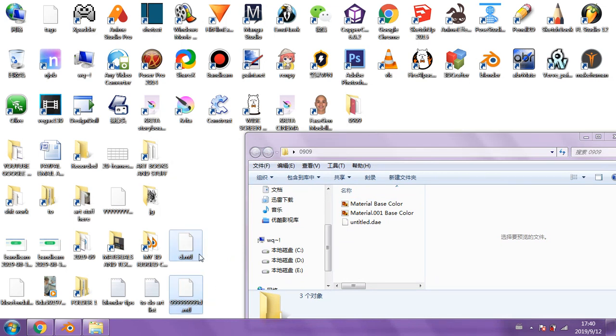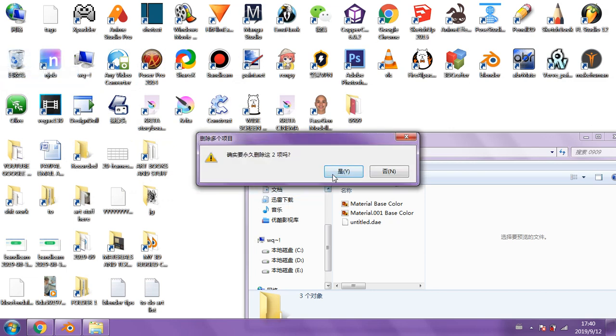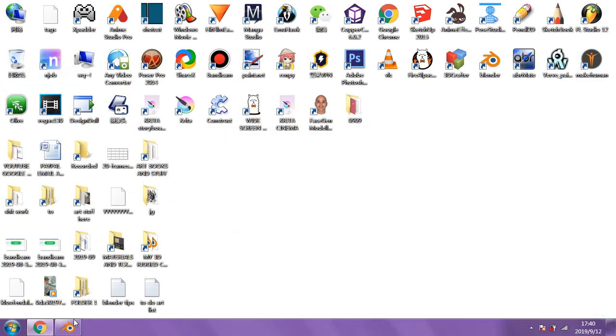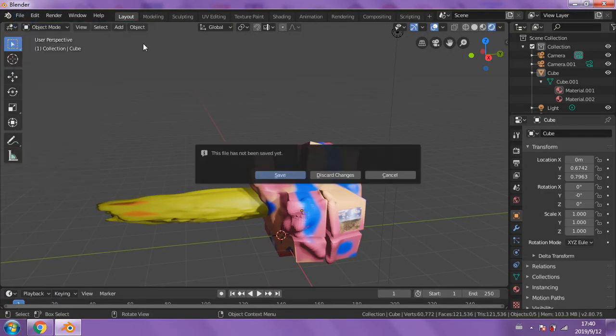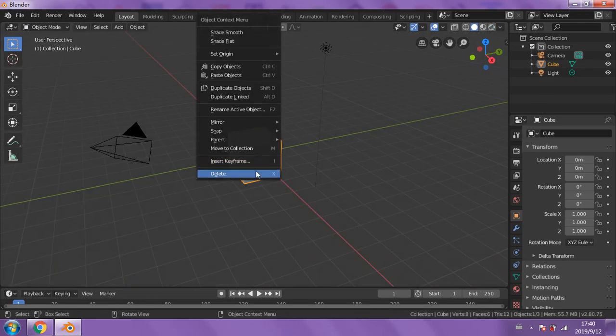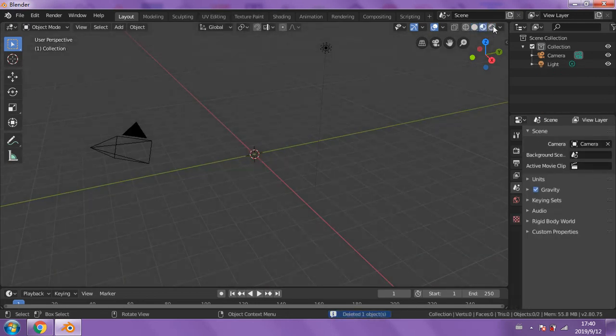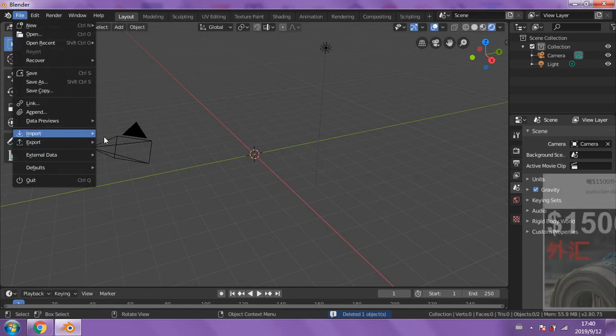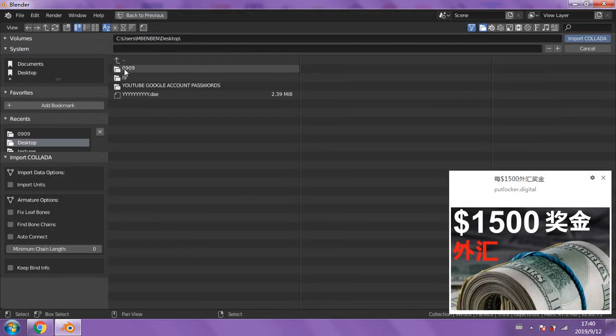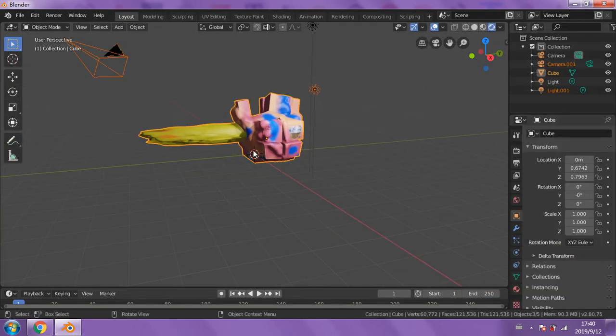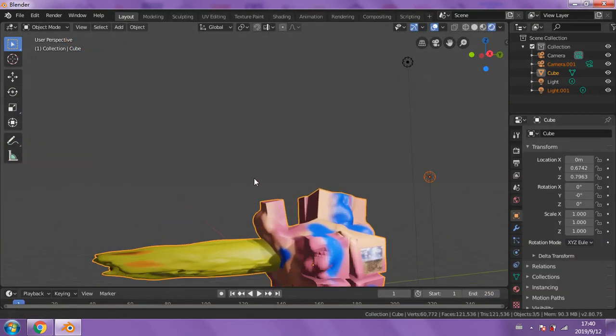To make sure it's none of these two things, I'm going to just delete these things that don't mean anything. I'm going to re-import that again just to check. Okay, so I'm going to go File, New, General, discard changes, get rid of that. Okay, rendered mode, File, import DAE, there, boom, it just brings it in. Okay, good, so that's right, so it didn't give us that file, but anyway, what we're going to do now